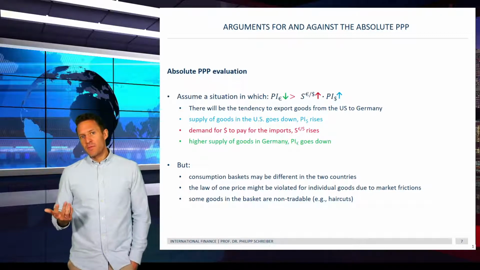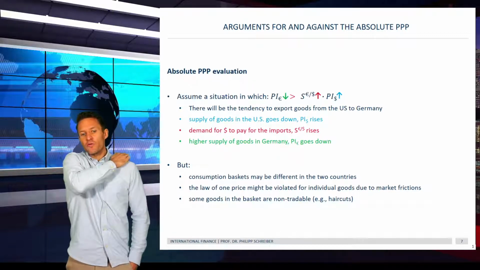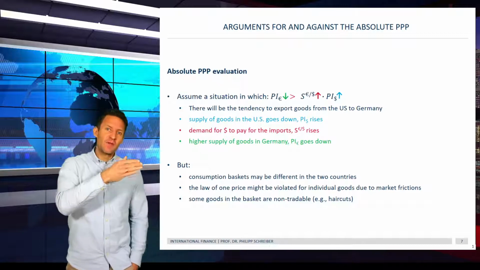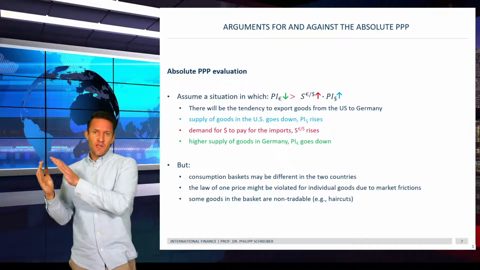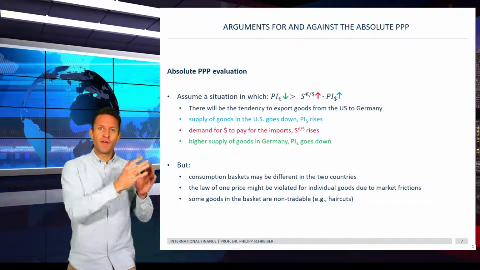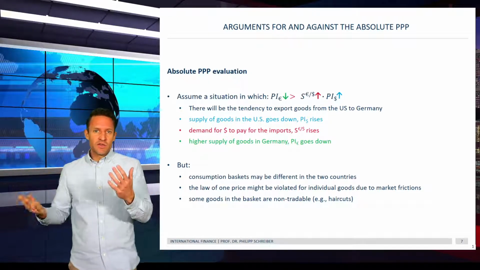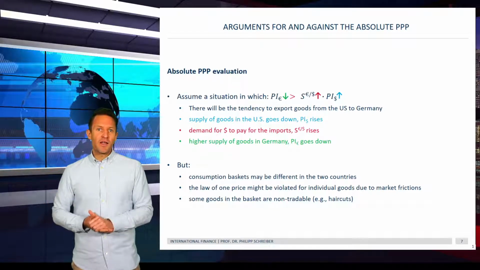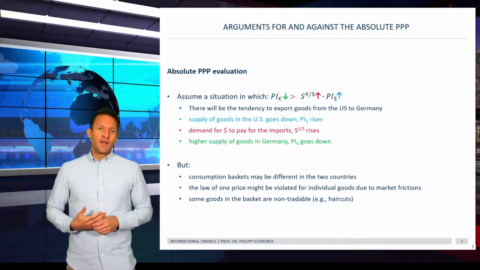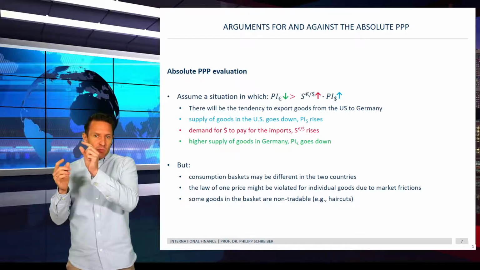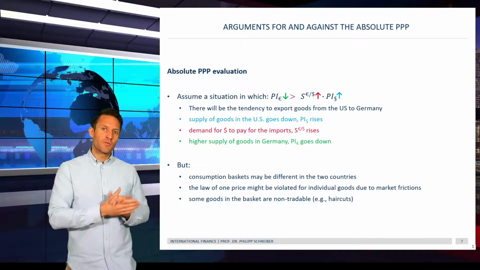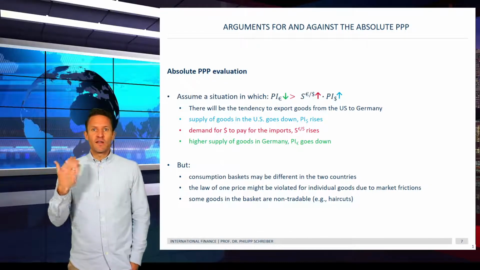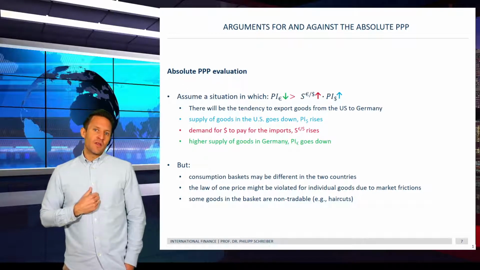Now, there might be some drawbacks. One of the drawbacks is that the consumption basket might not necessarily be exactly the same. Maybe in the US basket, there are some goods we don't have in our basket. I guess you can think of an easy example. We don't buy guns. The US people, they buy guns. They spend their money on guns and rifles. So in the basket, a small fraction will be guns, which will not be in our basket. And maybe there are other goods that are in our basket that are not in the basket of the citizens